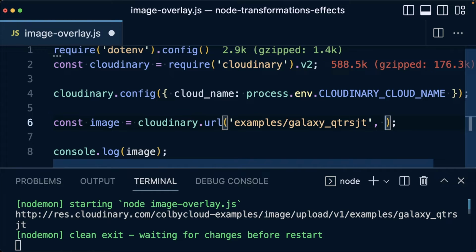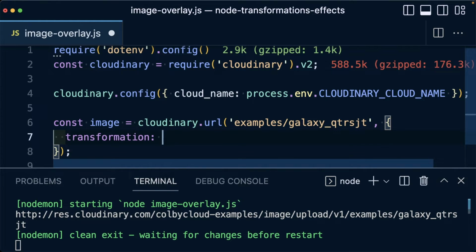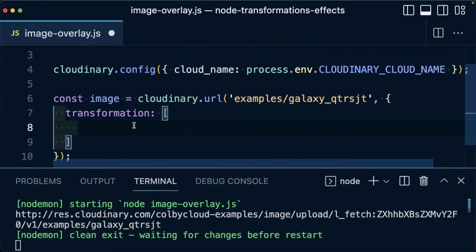Back inside my code, the first thing I would need to do is set up a configuration object for my Cloudinary URL. Inside, I'm going to start off by defining my transformation property, which is going to be a new array. And inside my transformation property, this is where I can define all the effects I want to add or transformations to my Cloudinary URL, such as creating a new object where I'm going to define an overlay and set that equal to my